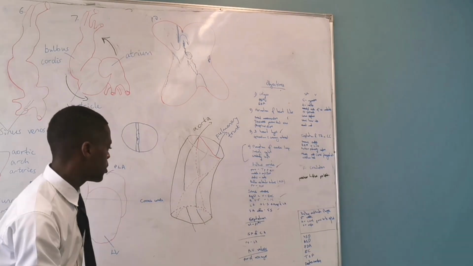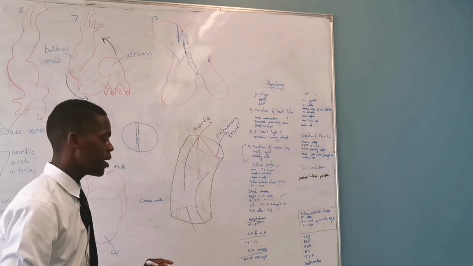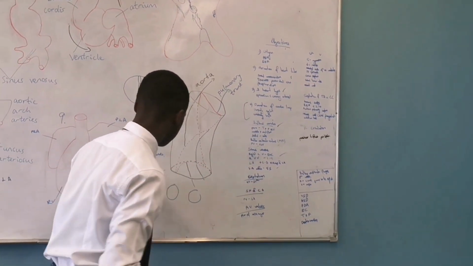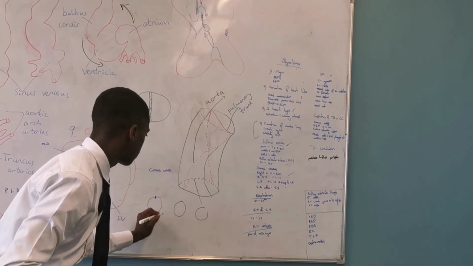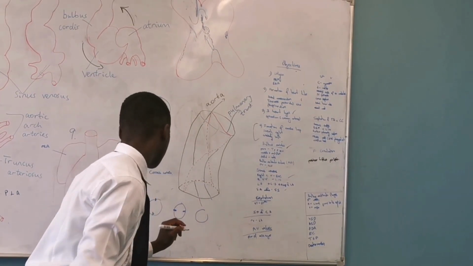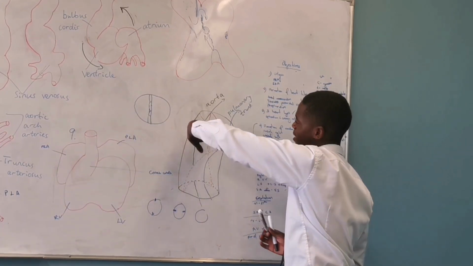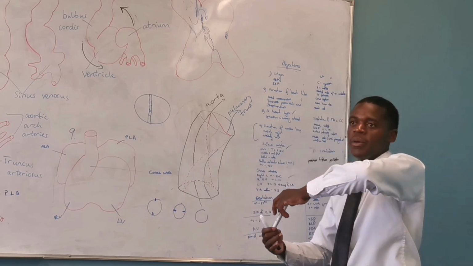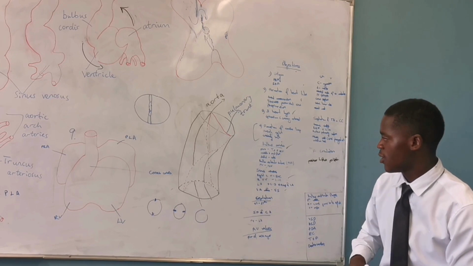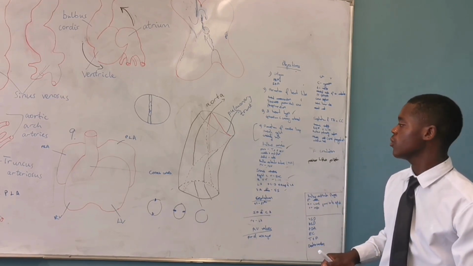If you take a section through this level, and this level, you realize that there is a different kind of orientation of this septum. Initially it looks like this, then in the middle it looks like this, and then at the end it's going to look like this. So we need to know that there is that change of structure. Because of the formation of this spiral septum, this is the only reason why, number one, we have